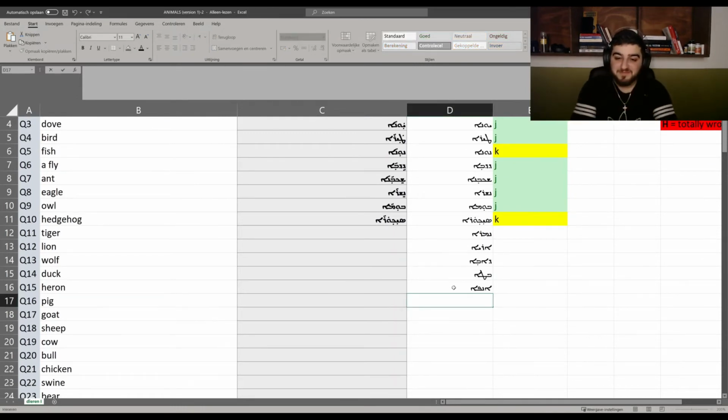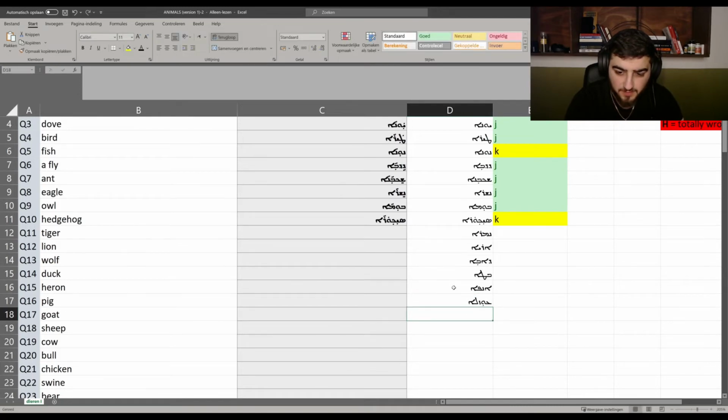Pig. Pig is really troublesome for me because I always mess this one up with swine. So we say ghzura for swine, written as hazura, but pig is a little bit different. I always forget this one. I'm just gonna try and guess. It's always better to guess. I think it's Uzla. Uzla. Now we've got goat, which is